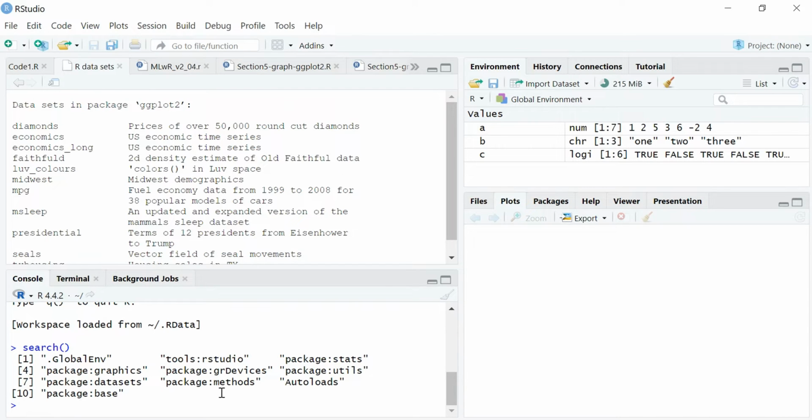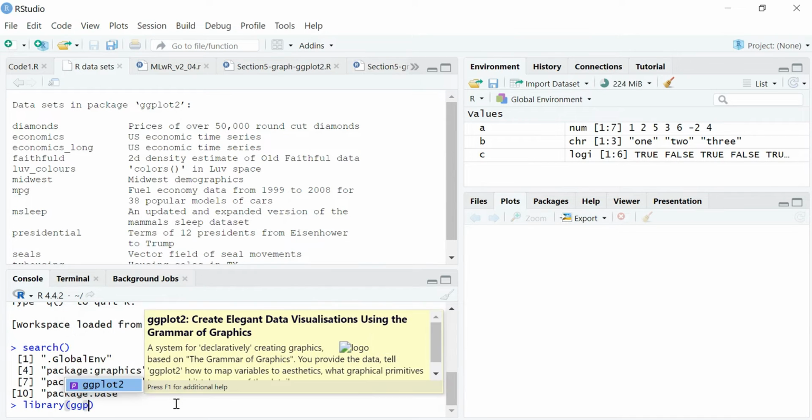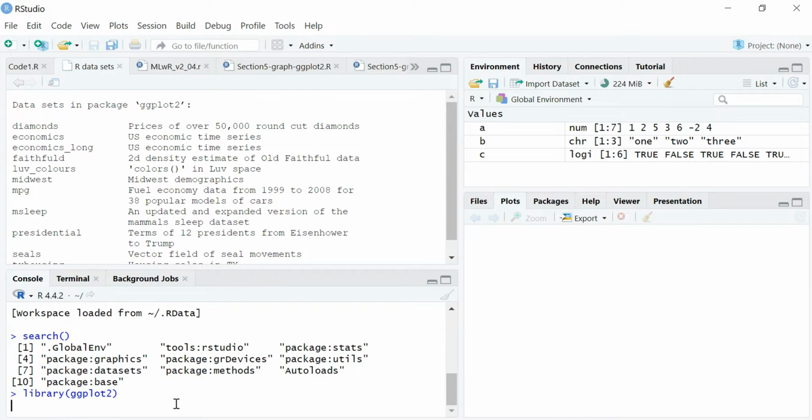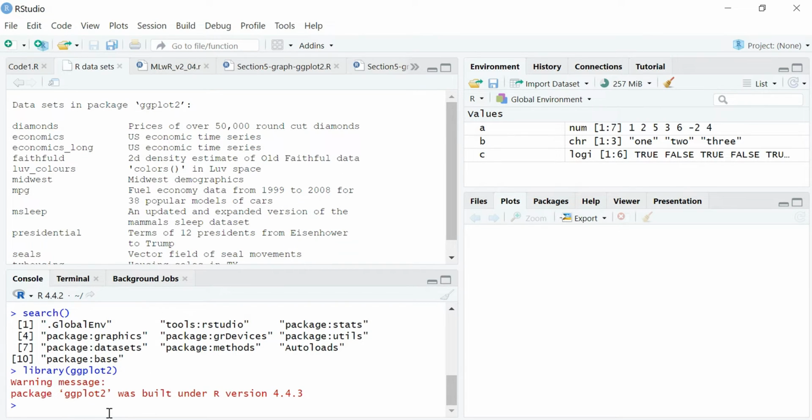Say if two functions from two loaded packages have the same name, only one function will be used and the other functions will be masked. For example, if we load one package, in addition, I will use library with a package name, ggplot2, for example. So we load this package, but no functions conflict with other packages, right? But if we load one more, for example, mice,